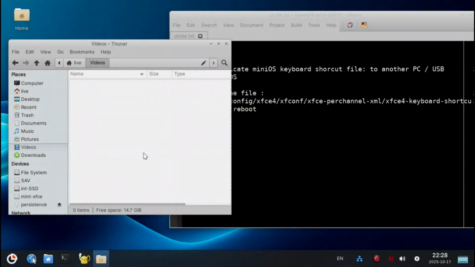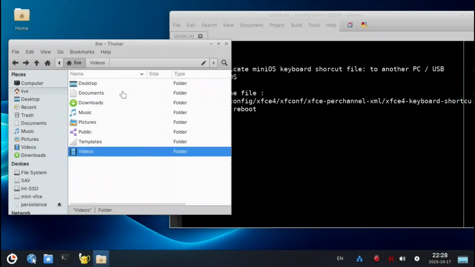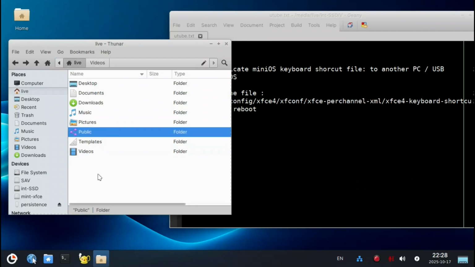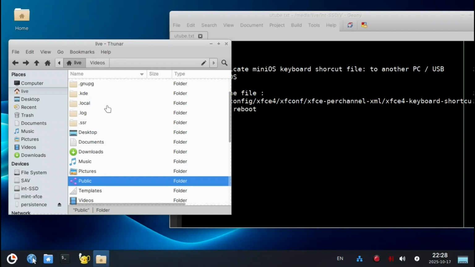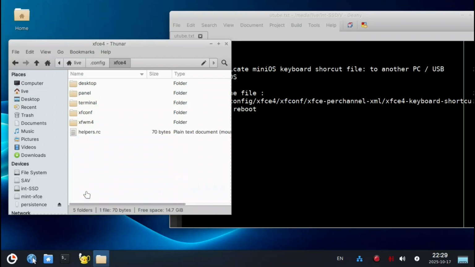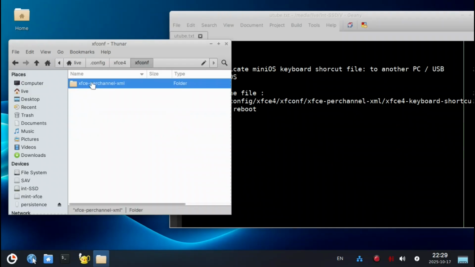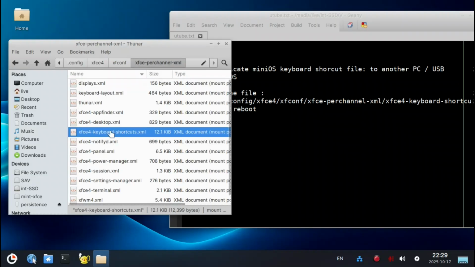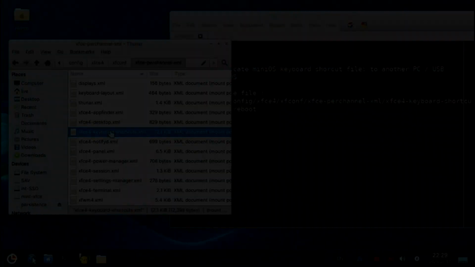live.config. Essentially we can just go ahead and take a look here. So under home and the live directory, Control H will bring out all the hidden files. There's a configuration directory, .config, and then within it xfce4, and within it xfconf, and then within it is xfce4-keyboard-shortcuts, perchannel-xml, and this file will contain all the keyboard